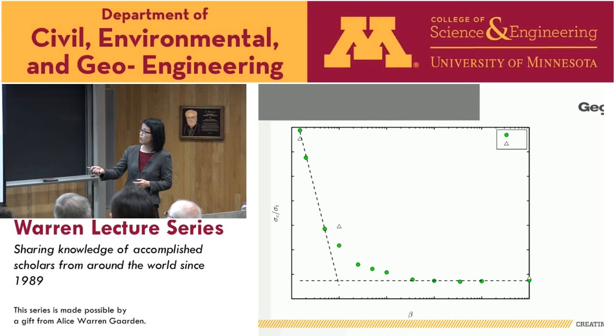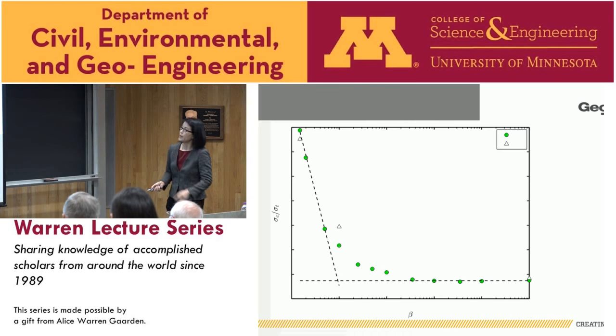Now, if we plot, we did, of course, more than 3 cases. And if we plot, summarize the strength ratio as a function of beta, you can see it starts from around 35 something and went down. And there is a range of beta where the strength ratio is actually not changing. What does that mean over here?